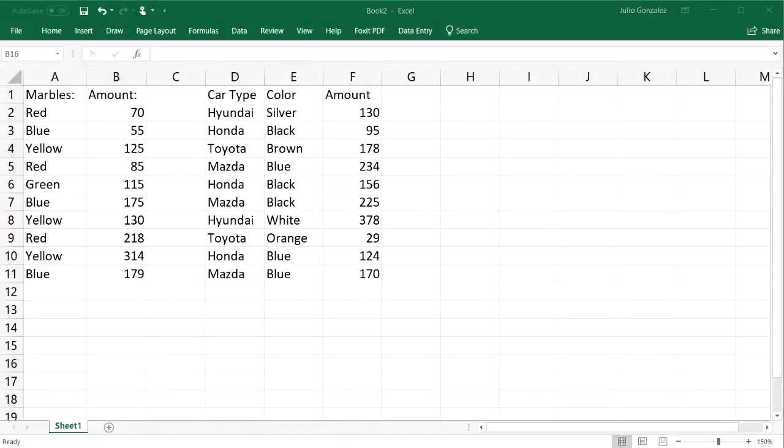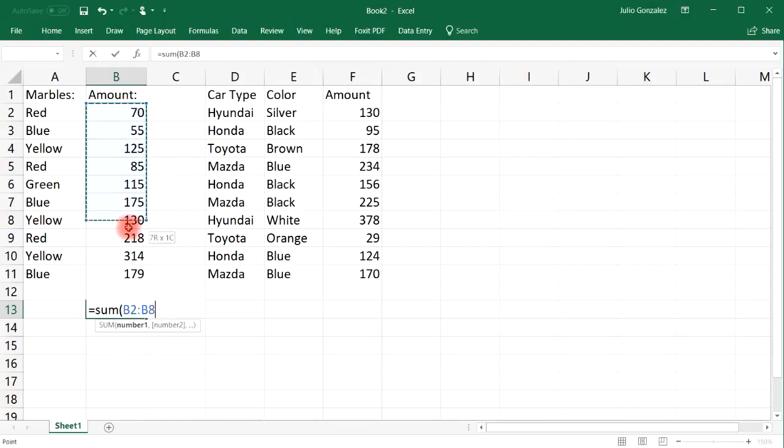In this video, I want to focus on the SumIf function, the SumIfs function, as well as the CountIf function and the CountIfs function. So most of you are familiar with the sum function. If you type in equal sum, and then if you highlight this column, you're going to get the total sum